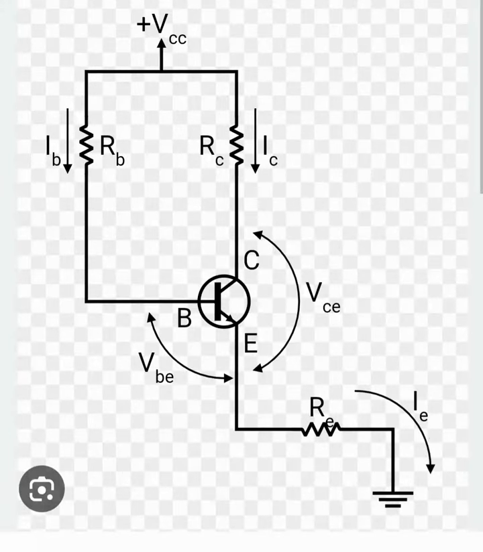Hello, so let's have a look at this BJT circuit. This circuit is called fixed bias with emitter resistor, or fixed bias with emitter degeneration resistor. So we know that this emitter resistor is placed here to provide stability to the circuit and to avoid harmonic distortion, and